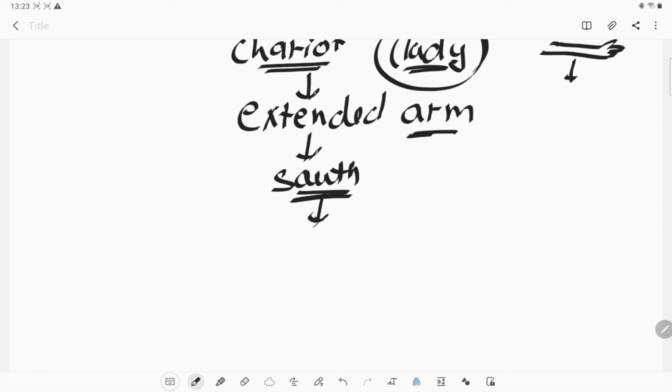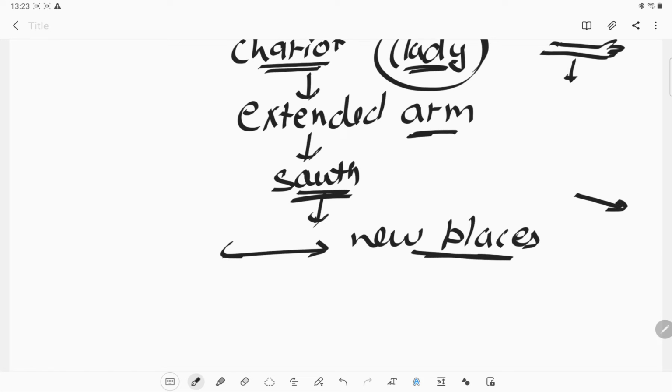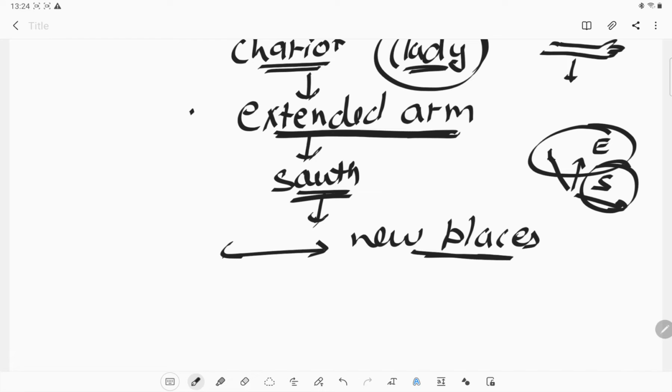This is how the king would figure it out. The king was able to locate the direction whenever he went to a new place. Any place he went to, they could see that this is the south direction, so we need to go to the east direction, west direction, whichever direction they need to go. So they depend on the direction of that extended arm, because this extended arm always shows the south pole.